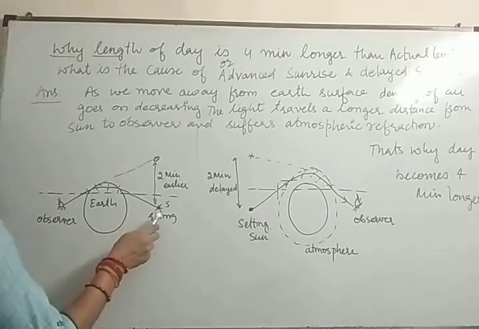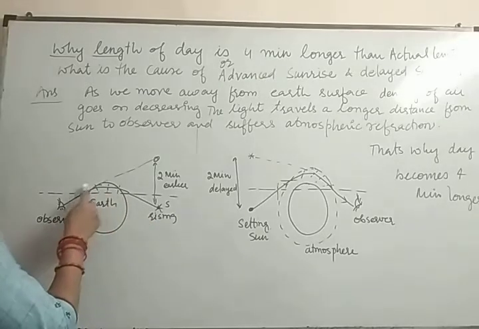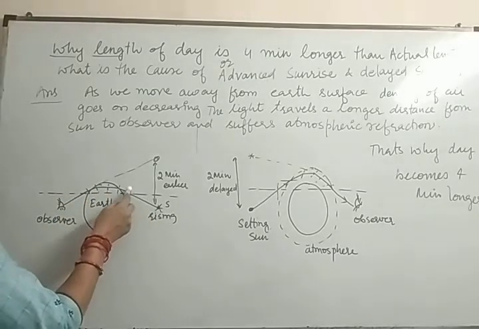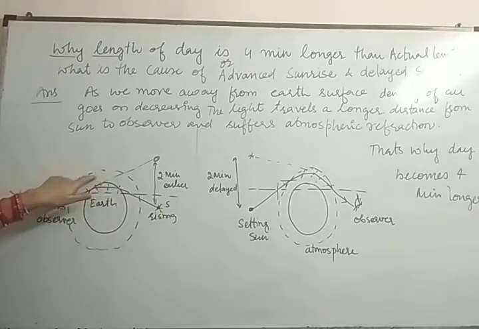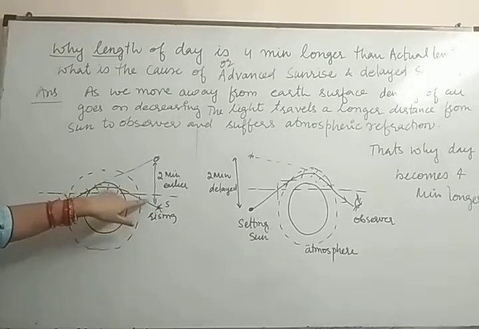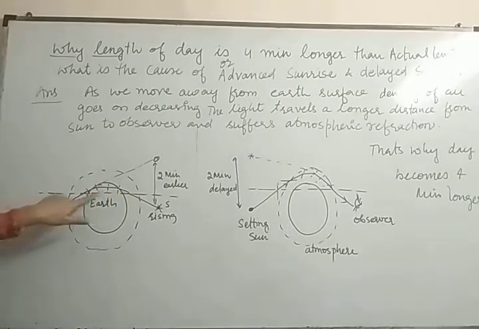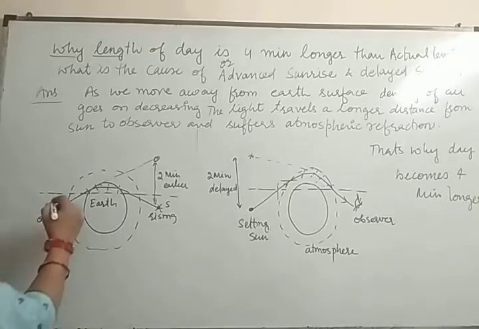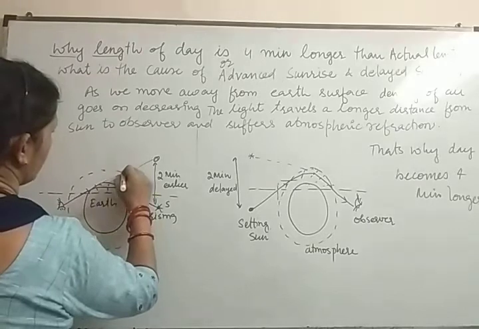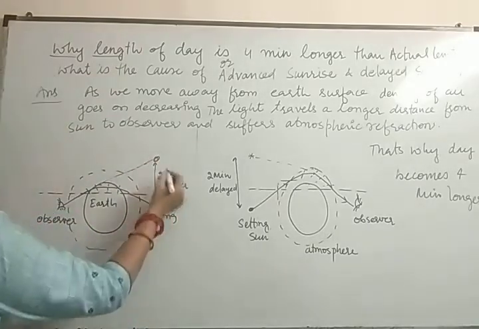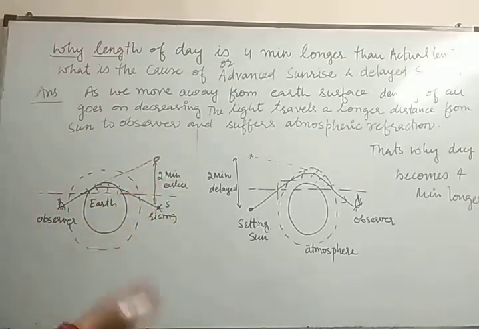The light ray from the sun travels to the observer by entering the different layers of the atmosphere. This is the atmosphere of Earth, and in this atmosphere there are layers of different densities. So this light has to travel a longer path, suffering multiple atmospheric refractions, due to which, if we look along the apparent ray by producing it, the sun appears 2 minutes earlier.